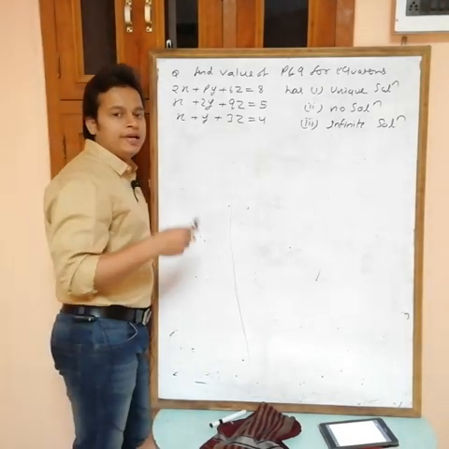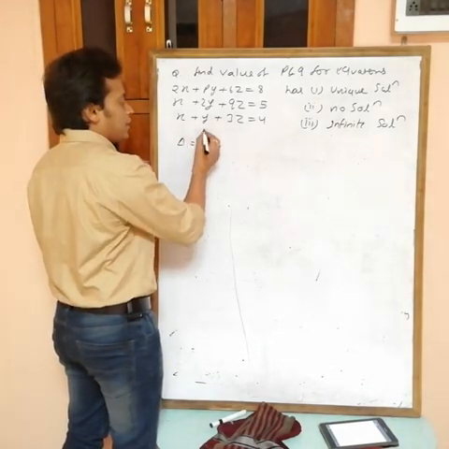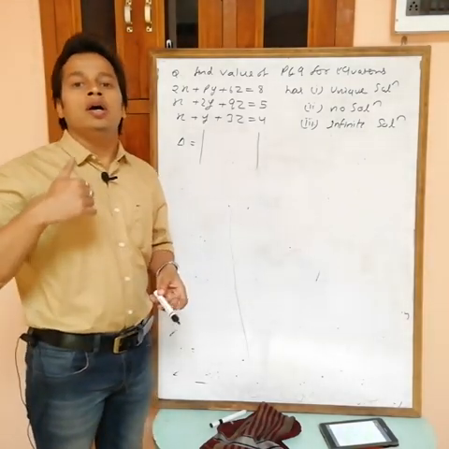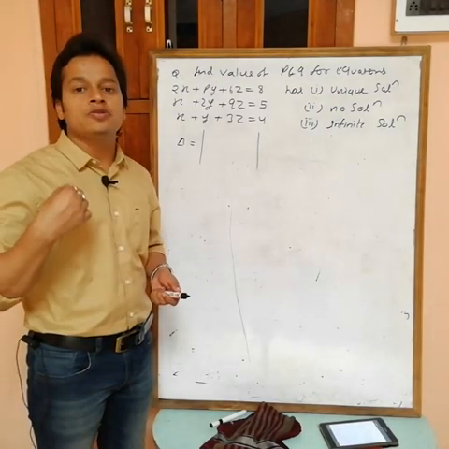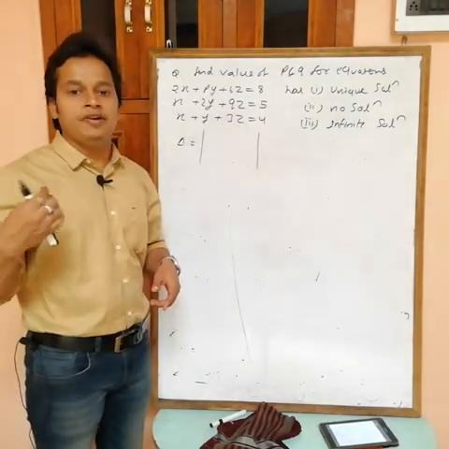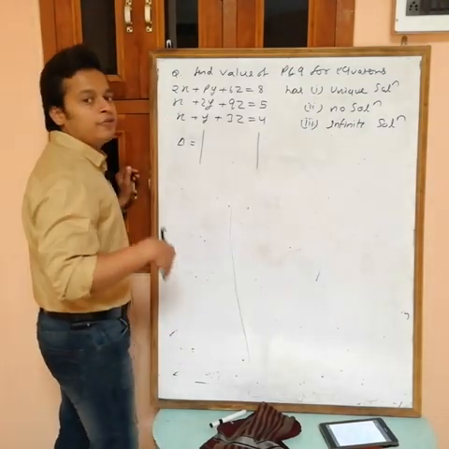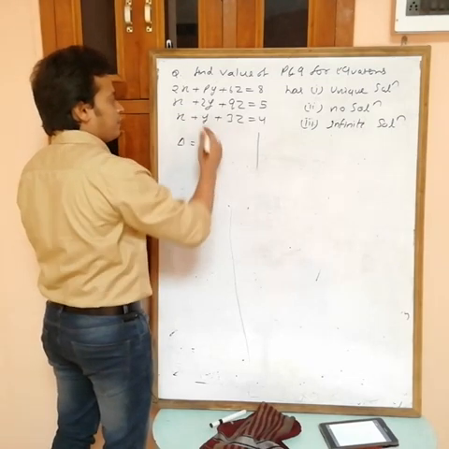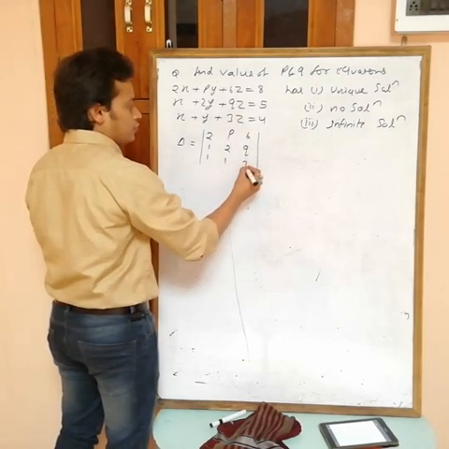Now first find the value of del, del 1, del 2, del 3. First I am finding the value of del. Because x equals del 1 by del, y equals del 2 by del, and z equals del 3 by del, and obviously the type of solution depends on the values of del, del 1, del 2, del 3. So first we have to find these. Del is the determinant formed by the coefficients of x, y, z. So 2, 1, 1; p, 2, 1; 6, q, 3.